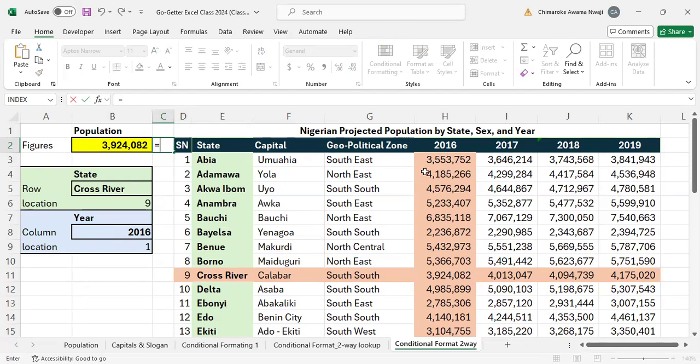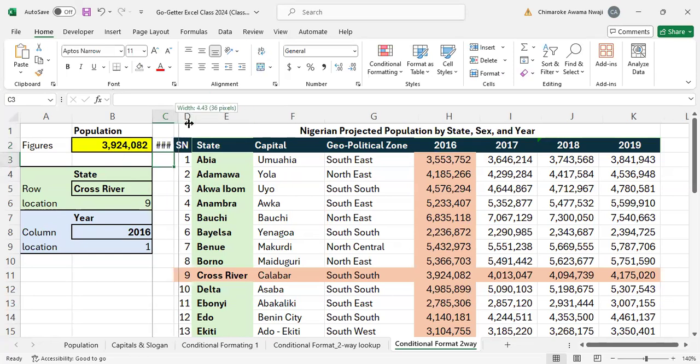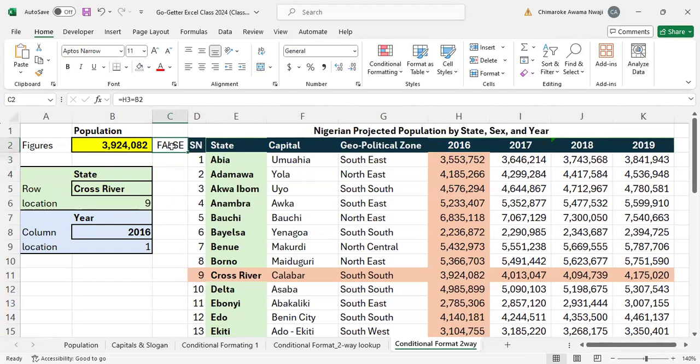So I will say equal to this, equal to this. It's going to tell me false, but no problem. If I were to drag this thing down